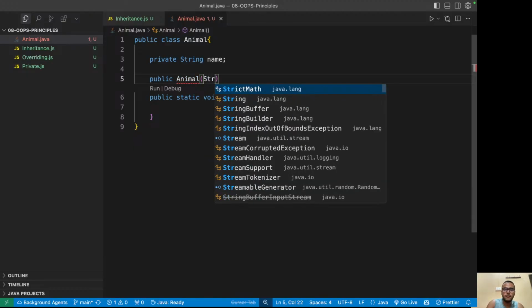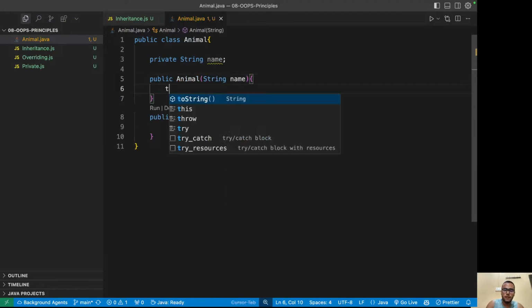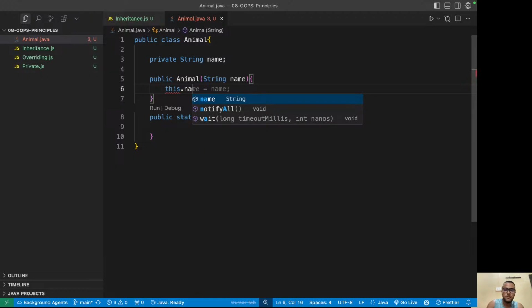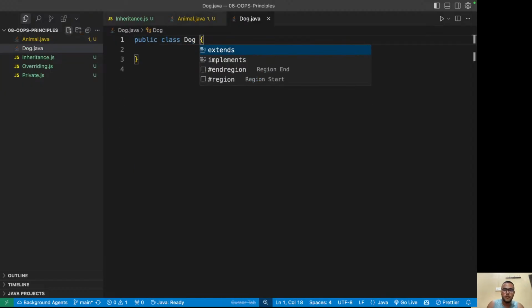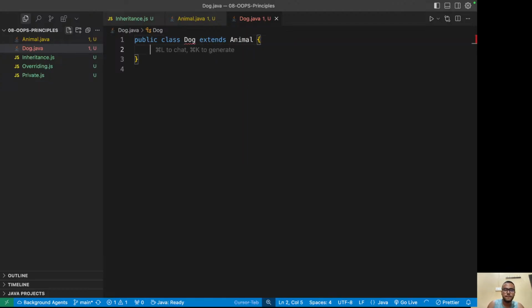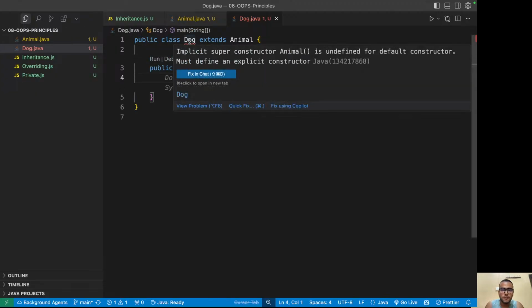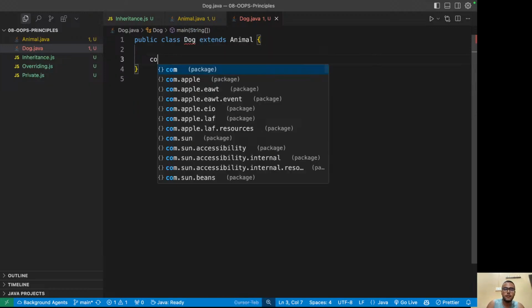It will receive name, this dot name equal to name, and we have to declare another class called dog, which extends the animal class. What just happened? Implicit, okay. So we need to define the constructor,